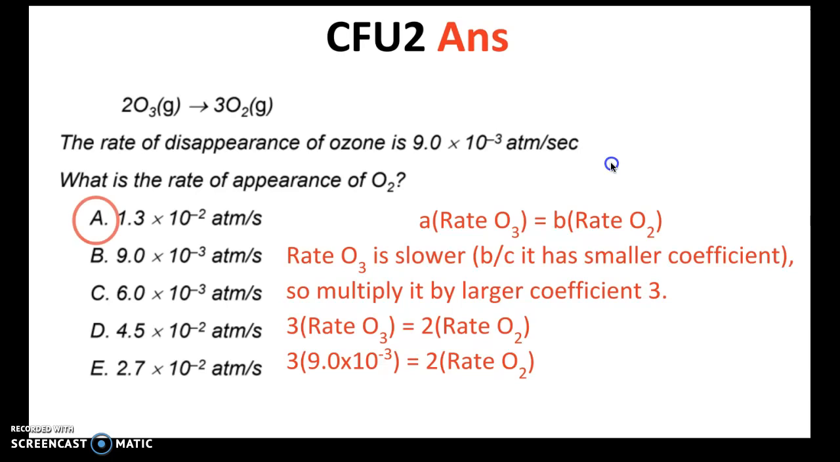Okay, so when I did my work, I got that the rate of O2 is about 1.25 or 1.3 times 10 to the minus 2. All right, so that's it for this video. We are going to move